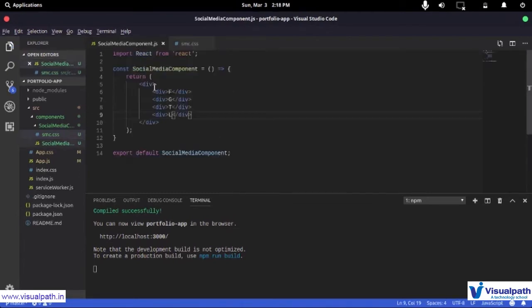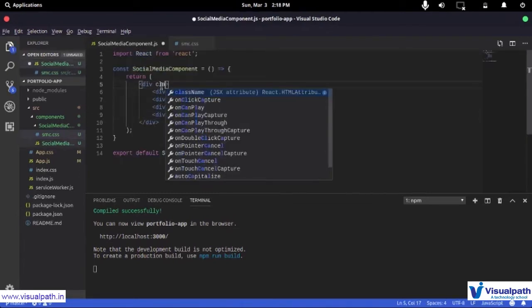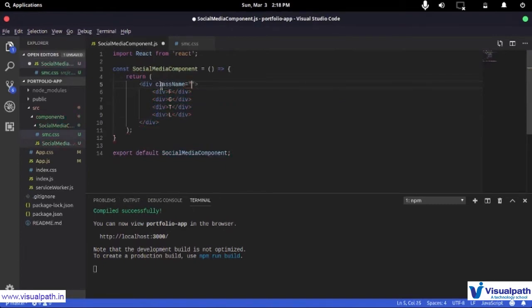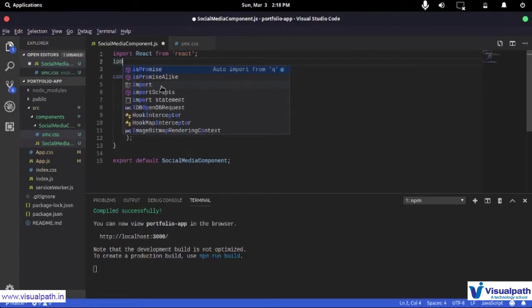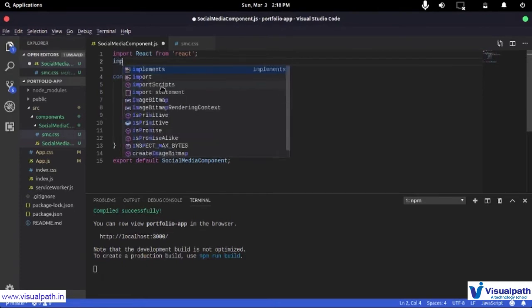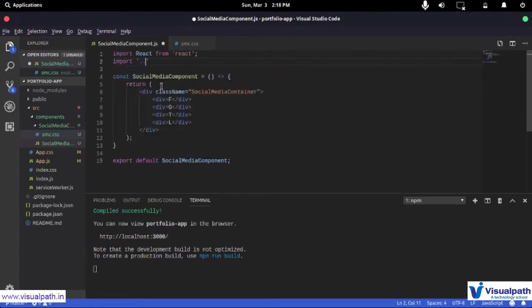Now I'm not going to talk to you about making this pretty or anything. We are going to do that later, but just for testing purposes, I'm just going to have that social-media-container. Save that, and this will not understand this unless I import that. So importing. Now I just want to stay inside this folder, and the file is called social-media-component.css. And once I've imported that, the CSS is going to be applied.